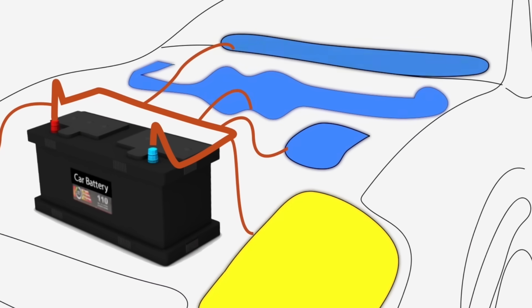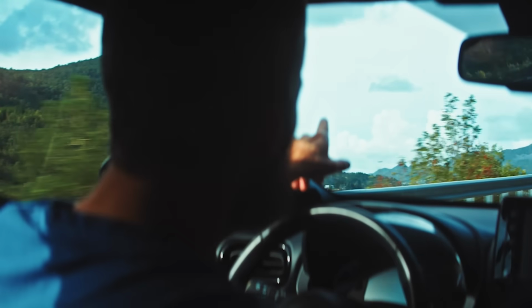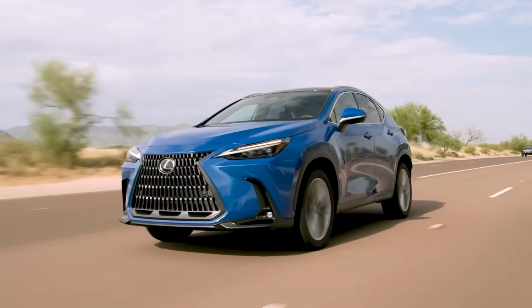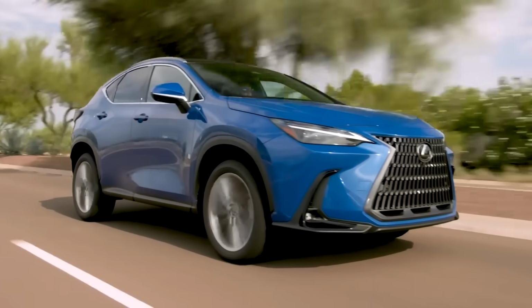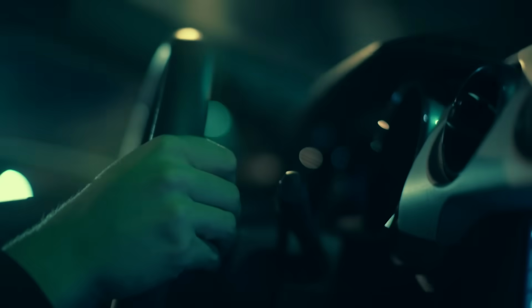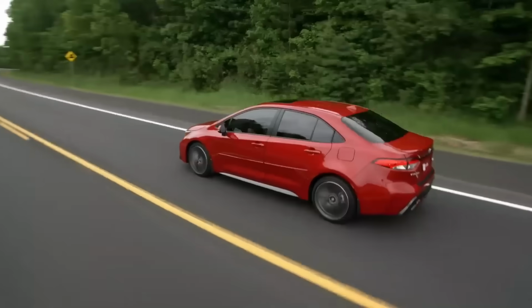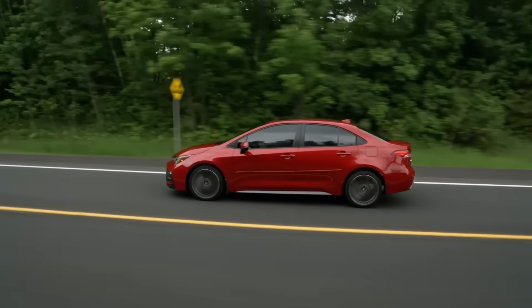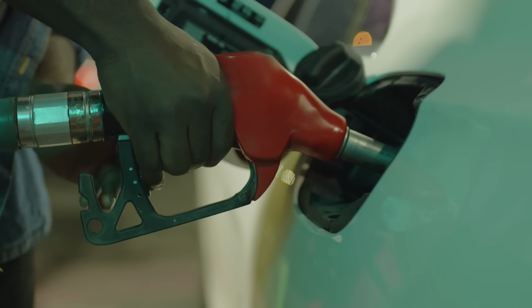So what next? Drive longer whenever possible. Combining errands into one trip helps your alternator do its job. Highway driving is even better, as steady speeds give your battery a full, healthy recharge. If short trips are unavoidable, don't worry. A battery tender can help maintain the charge while your car is parked. So, next time you think about skipping that longer route, remember, a little extra gas is cheaper than a new